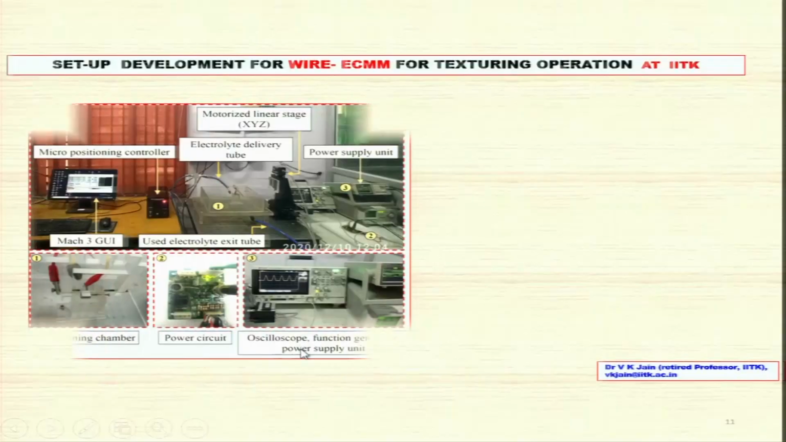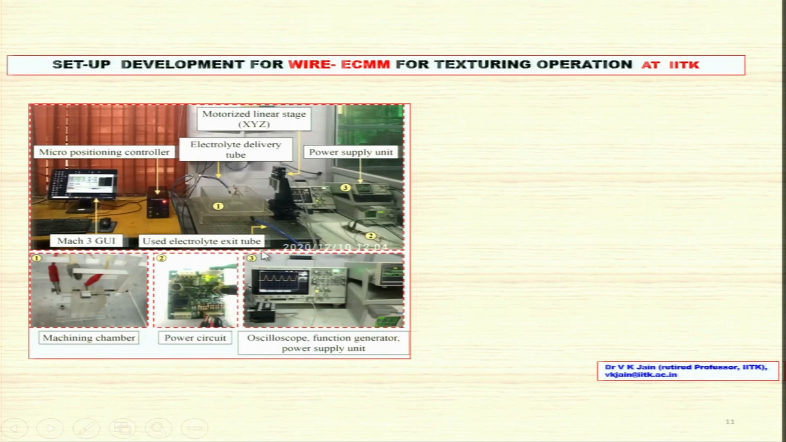Setup development for wire ECMM for texturing operation at IIT Kanpur. And this texturing operation is very important, because by making micro nano textures on the workpiece, you can change its characteristics, its property, its friction characteristics, and so on. So this is the setup which was developed at IIT Kanpur by Professor Divyans Patel of IIT Bhubaneswar, and you